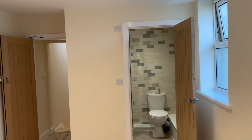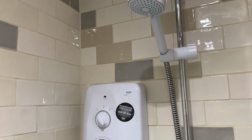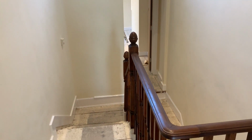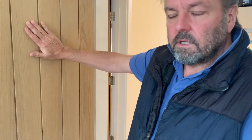Through to here, into this bedroom. Lots of light. Again, gorgeous bathrooms. Love these. What we're going to do when I finish is a whole review of the project and show you each room and take you through exactly what we've done so you can really see the before and after. I made the decision on this staircase, and I'm really pleased that I went for not painting it white. Painting things white and magnolia can be a bit boring, but I think if you supplement it with things like these natural doors, which are going to be oiled,